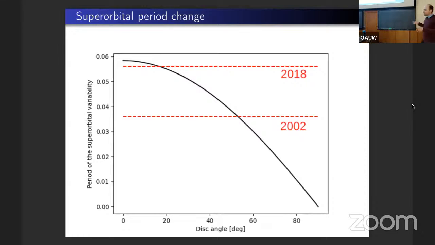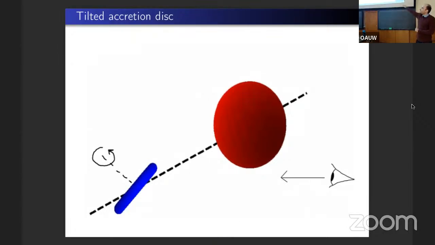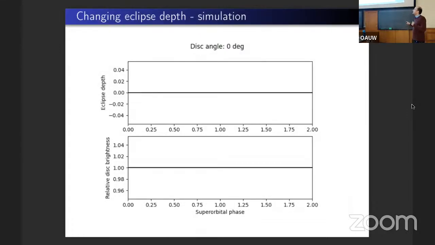So I wanted to really check whether we can measure directly how far out of the orbital plane the accretion disk is. Actually, this figure is from a program that I wrote that calculates some system parameters, puts in precession of the accretion disk, and measures how deep the eclipses are. It is a very simple program, and here is an example plot from this program. This is the simple example.